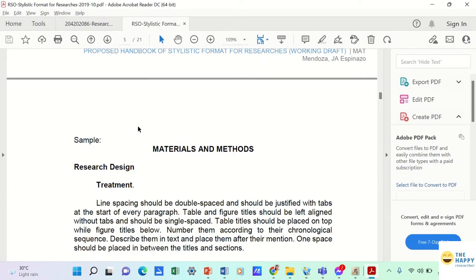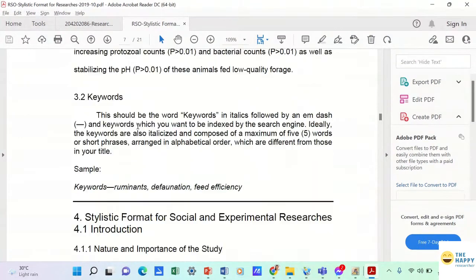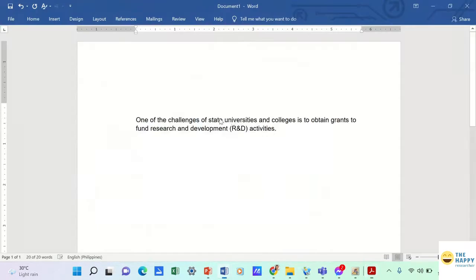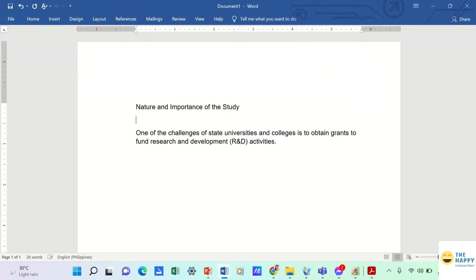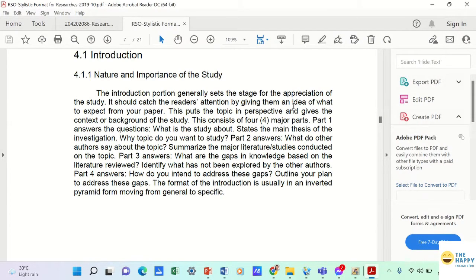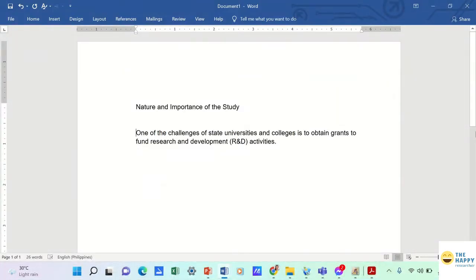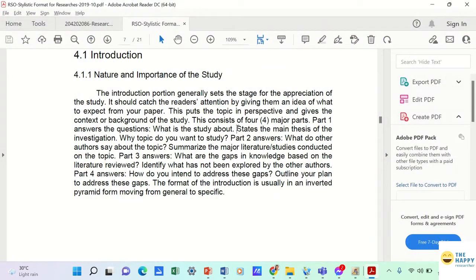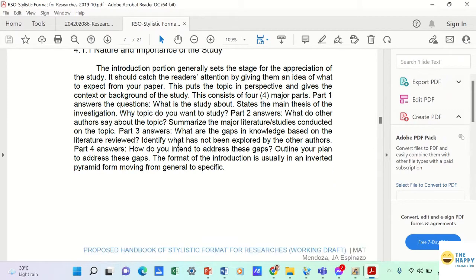So now we will be making our introduction. This is also based on our stylistic format in Beepso. Our nature and importance, or our rationale, is based on the different literatures we have gathered so far, and there are actually four parts to the rationale or nature and importance, as stated